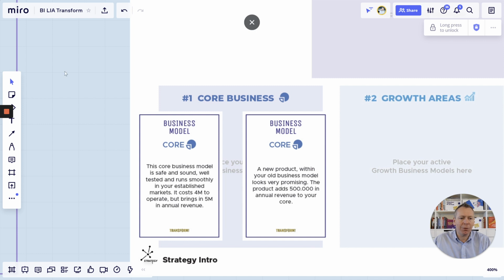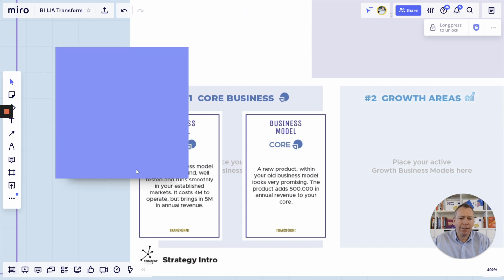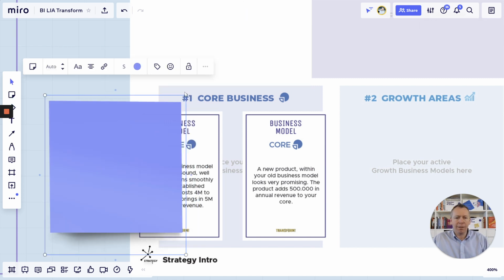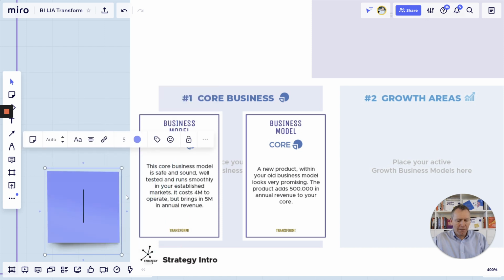So what you may want to do is right here, you want to take a little sticky note and say, all right, the revenue of 5 million. Cost 4 million. Profits 1 million.